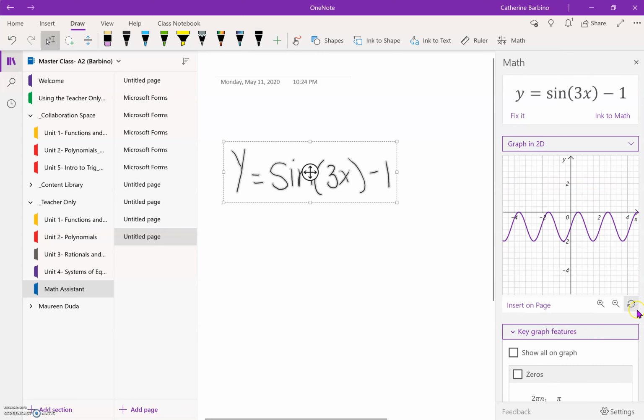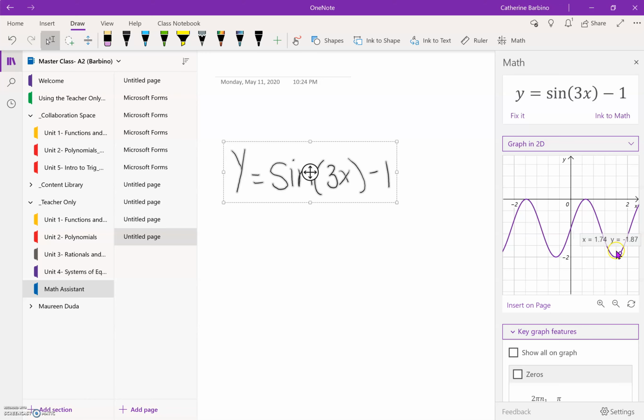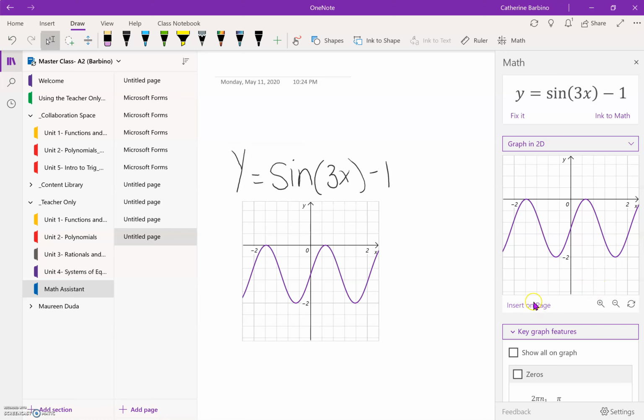So this is how you can graph. You can also zoom in and zoom out here if you wanted to just do a restricted domain. You can play around with different things on here. You could see different points and things like that. And then it's showing the zoomed in part when you insert it onto the page. So this is how you graph with the